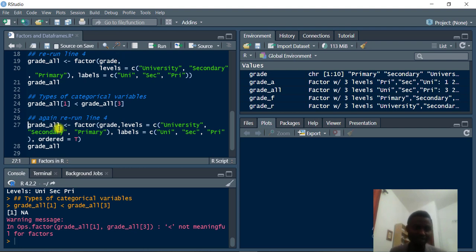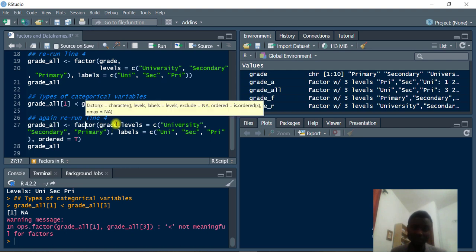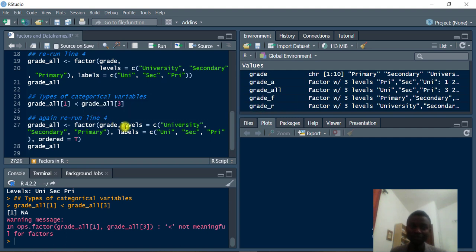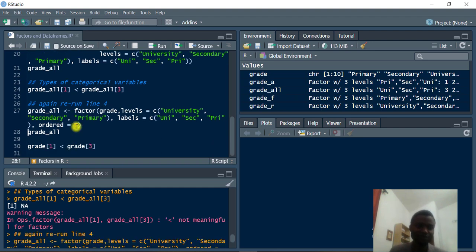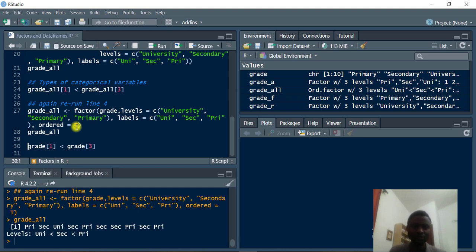So now I'm reassigning to the old variable called grade underscore all, and then I use the factor function. We're already used to this. We supplied the variable grade, then we put the levels. We are changing the level from the default university, secondary, and primary, and then we have the label, the abbreviation for university, uni, sec, and pri, and then the final argument that makes us understand if this is an ordinal variable is the ordered, and we set it to be true. So if I run this entire line of code now, and then I check grade underscore all, you would see